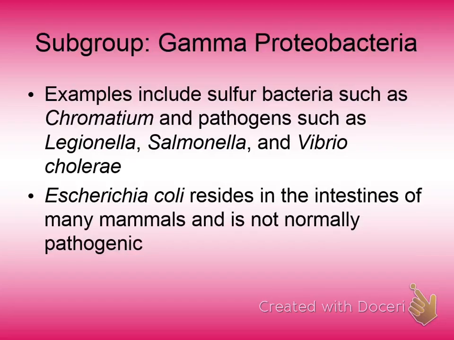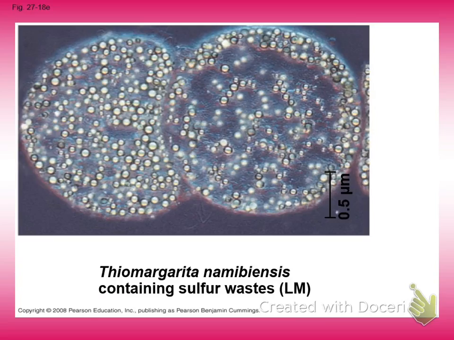So, Escherichia coli, E. coli as we call it, is in your intestines. All of us have it in our intestines, but it can be very pathogenic too. So if your baby gets E. coli and you get it on your fingers and somehow it gets into your body, you can get sick from it. So, pretty weird stuff.